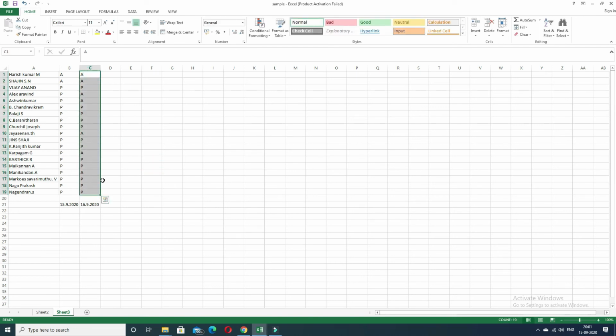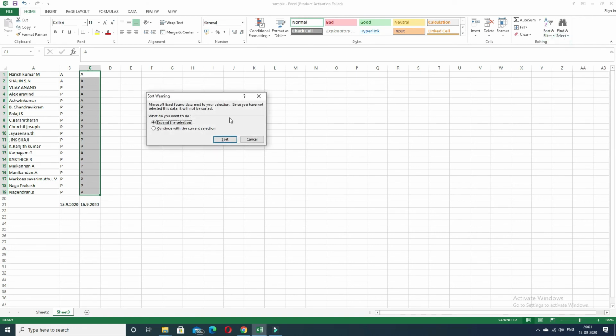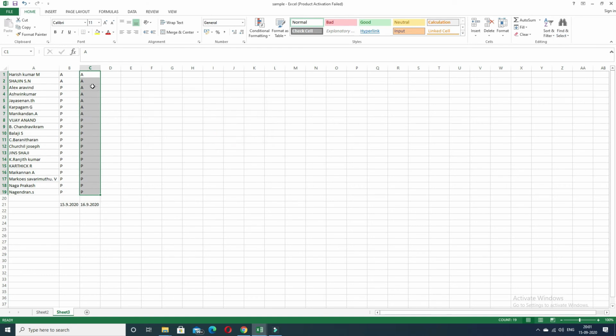You have to select the cell, go to filter, sort A to Z, expand the selection. So based on this, it will be converted like this. So the names of those who are absent for the class will come at the first.